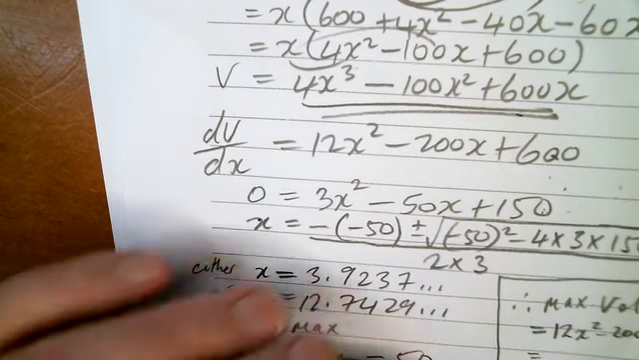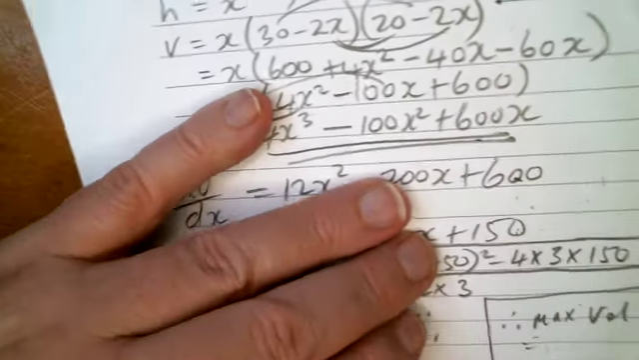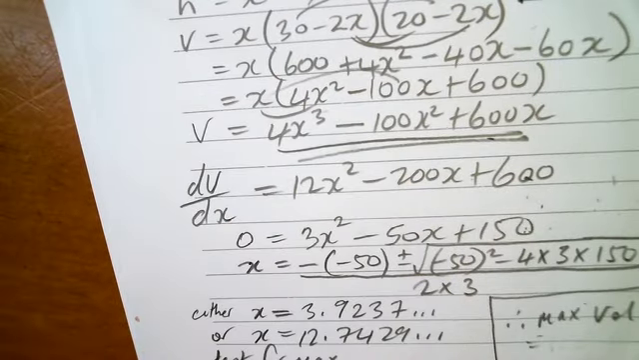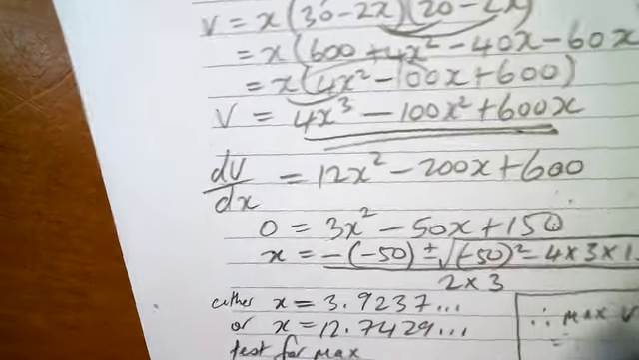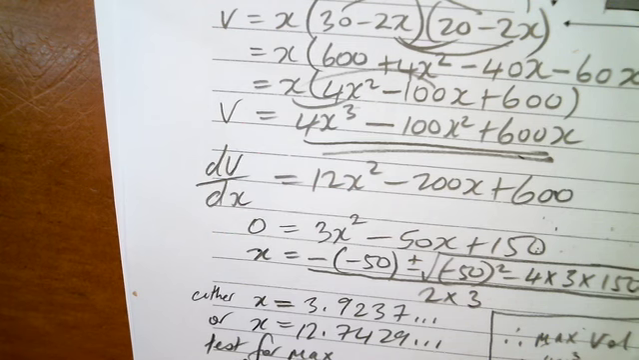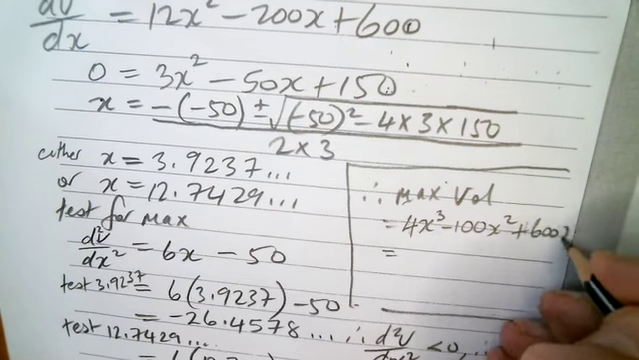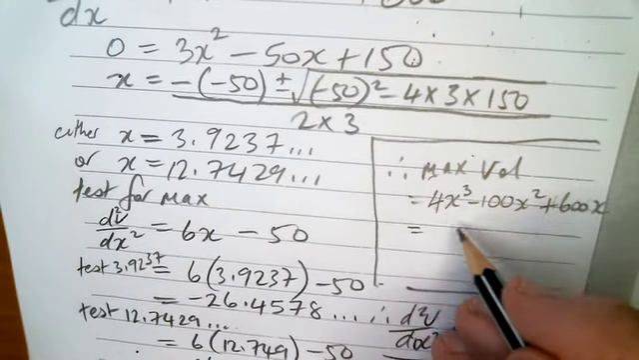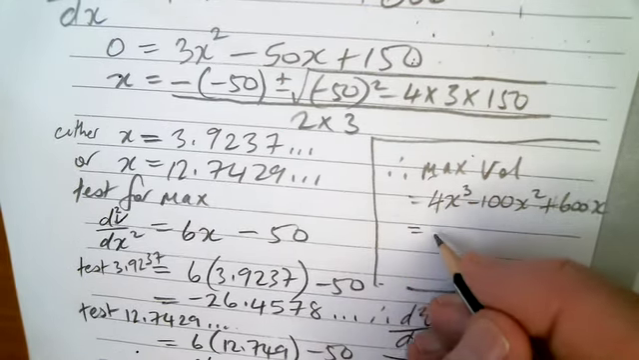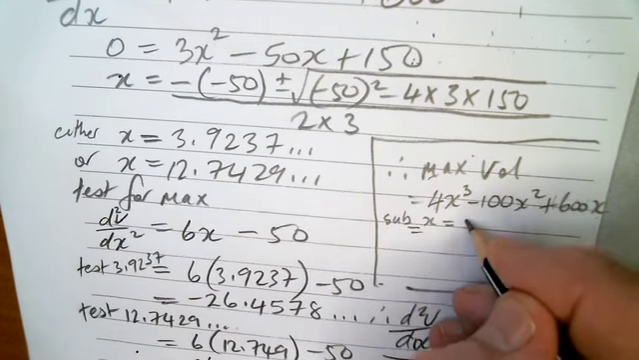Sorry, my bad. Okay, so I just took the first thing I saw, thought, let's substitute it into that. Bad idea. So the volume is not this thing here, it's this thing here. So it's going to be 4x cubed, not squared, minus 100x squared plus 600x. That's the volume. So now we're going to substitute in,